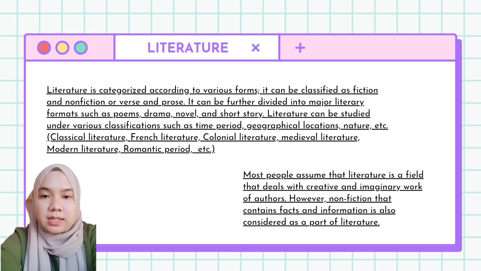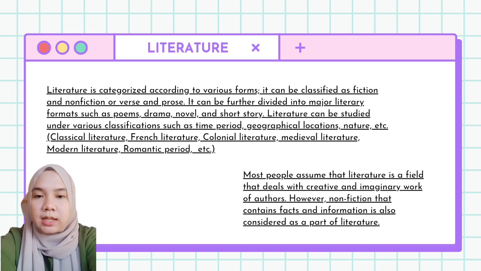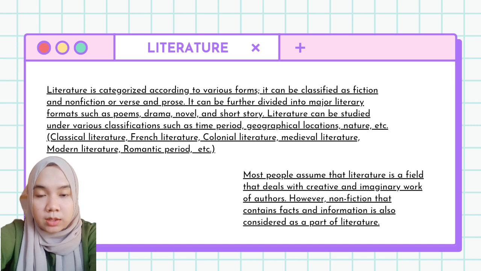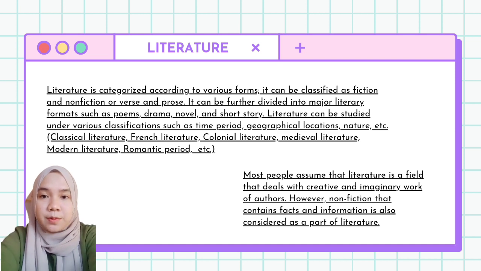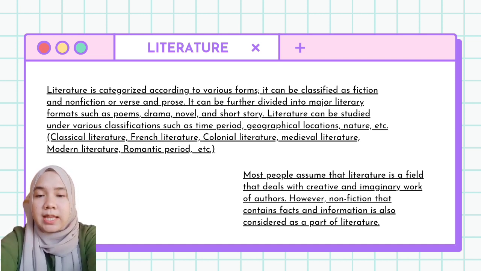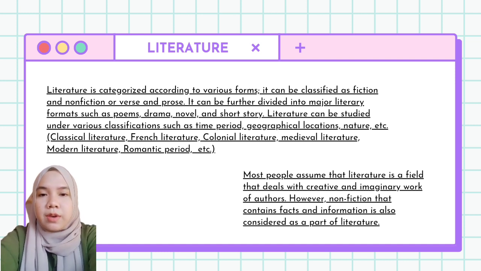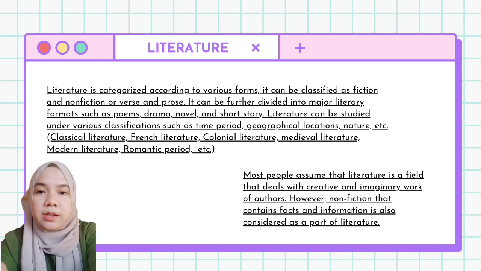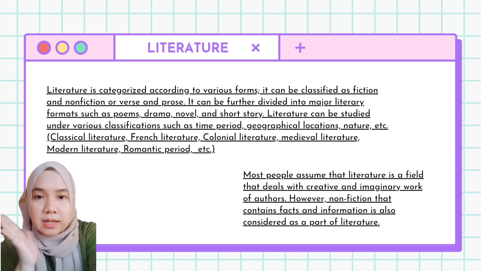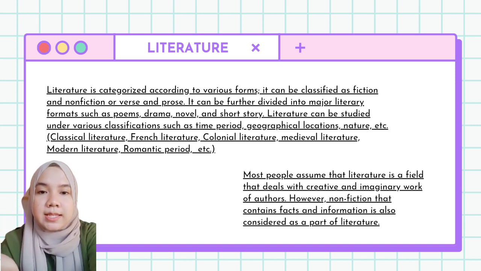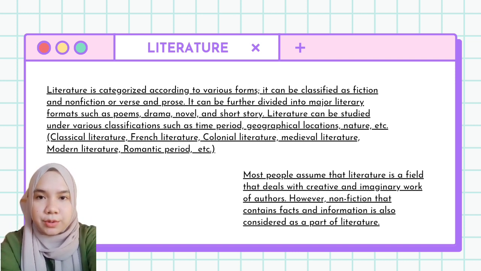Okay, what is literature? As I have mentioned before in the introduction, literature is a term that can be defined as written and sometimes spoken material. As a subject, it can be simply defined as the study of written works. Various definitions have been used to interpret literature throughout history. Sometimes literature is defined as artistic works with a high and lasting artistic value.